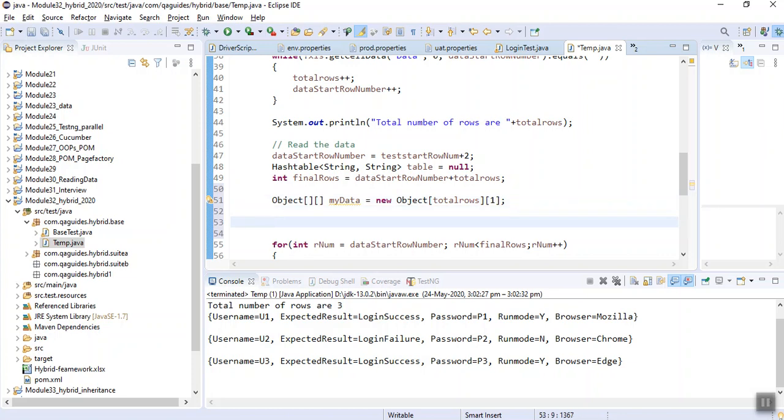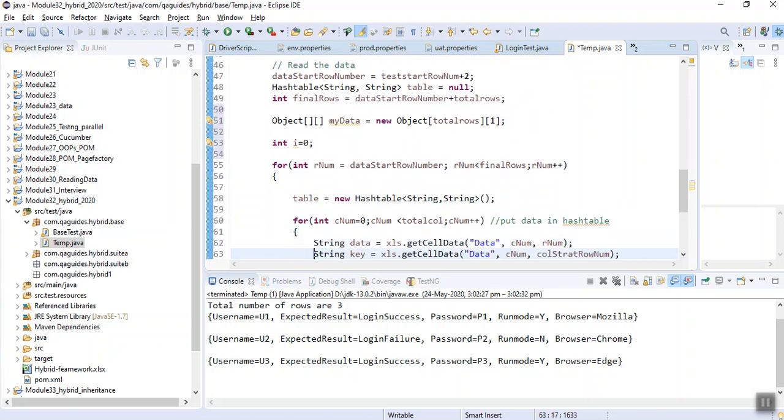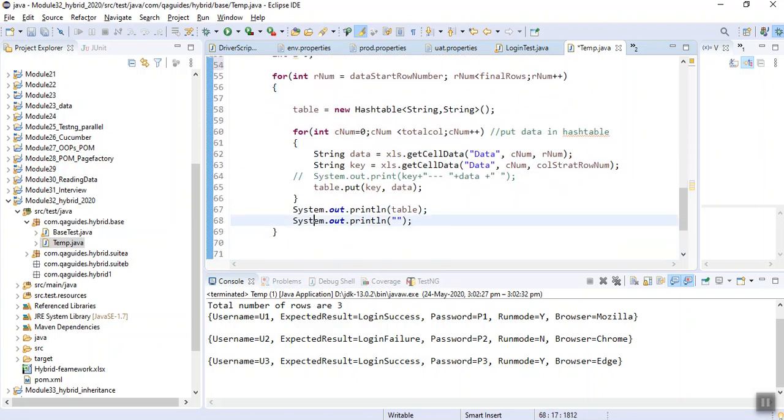Now let's take a variable int i equal to 0. Go here, where we were printing our table. We can put this table in our 2D array. How? I will show you.